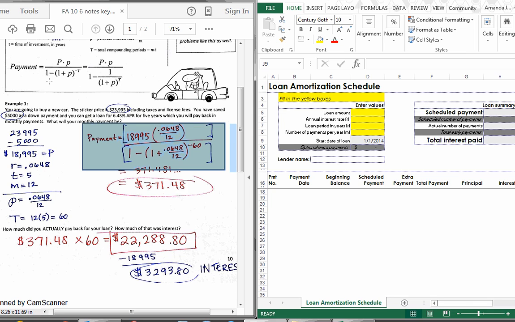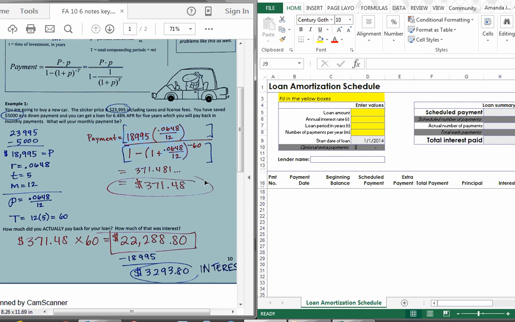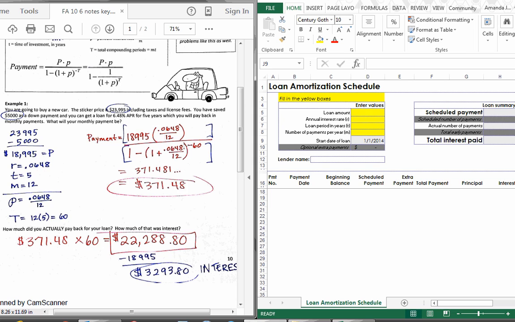We also have 1 minus 1 plus the periodic rate, so I'm going to put that in the bottom and type that in as negative 60. Now, one thing that's nice about this, if you have a really good calculator, you should be able to punch this in basically one step. Otherwise, you're going to need brackets across the numerator and denominator. This is a pretty challenging formula to deal with on just a scientific calculator. At the end of this, we end up with